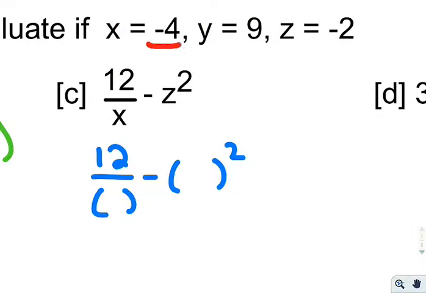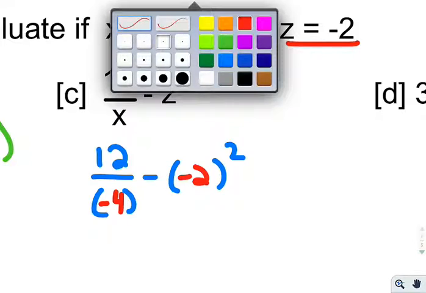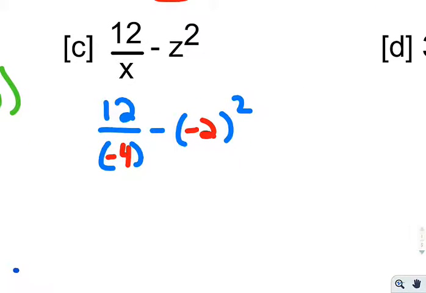We have x as a negative 4, and we have z as a negative 2. Okay, so now we just have to continue our journey here, again one piece at a time. PEMDAS says we need to do this first. So I'm just going to write the 12 divided by negative 4 and subtraction, and then let's take care of